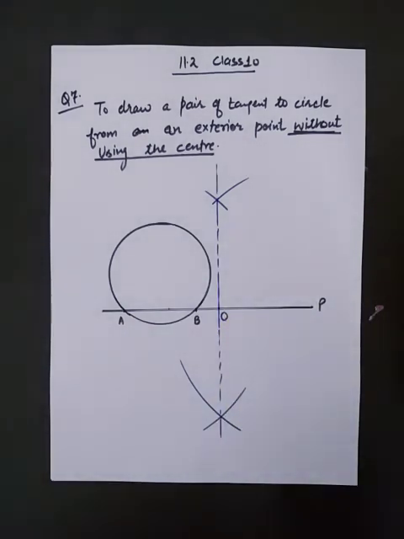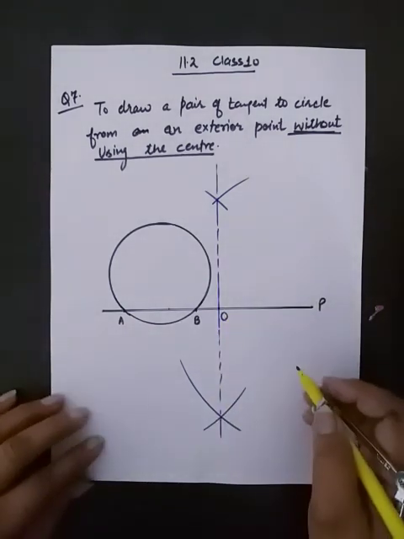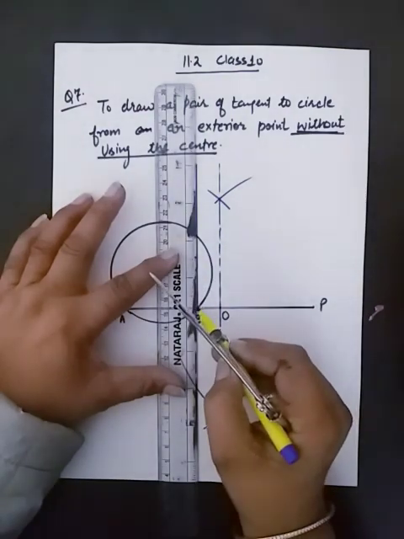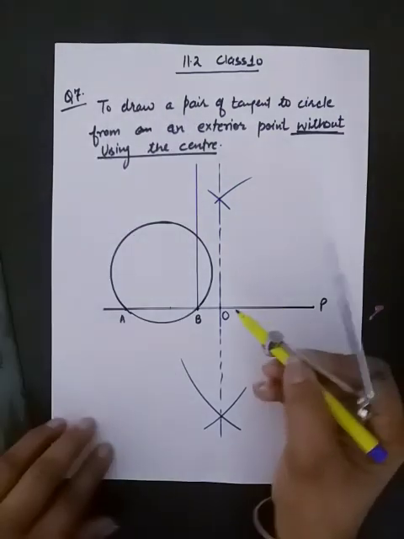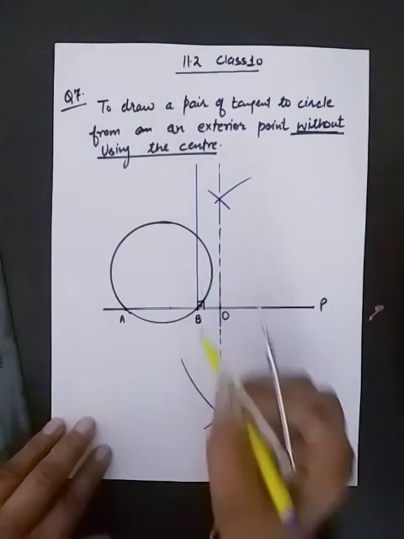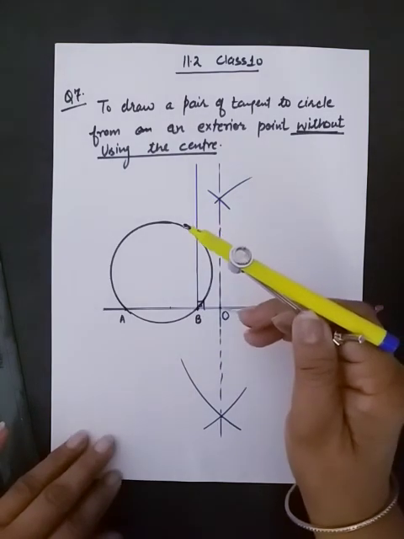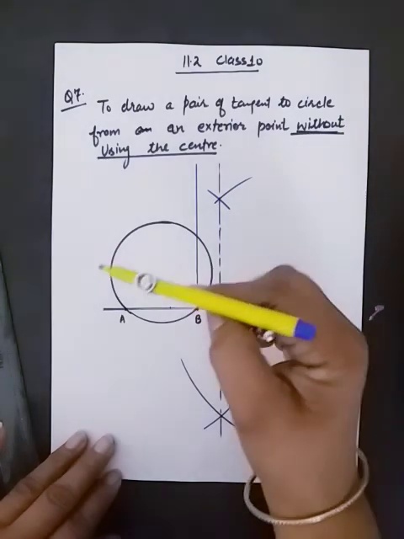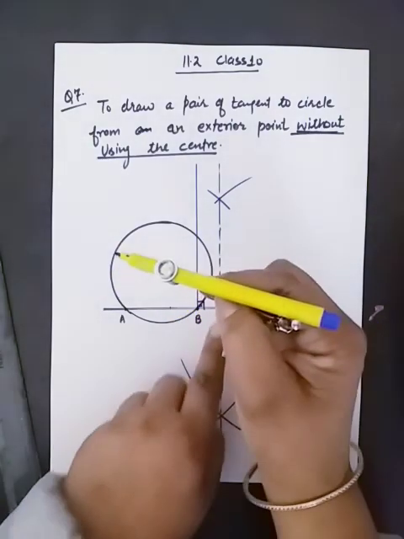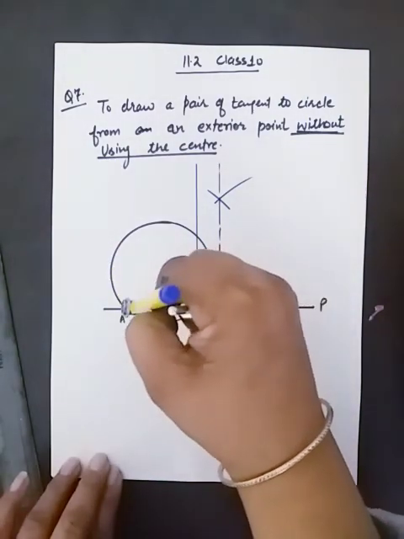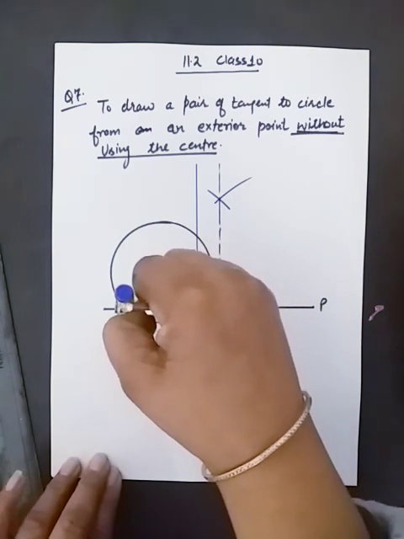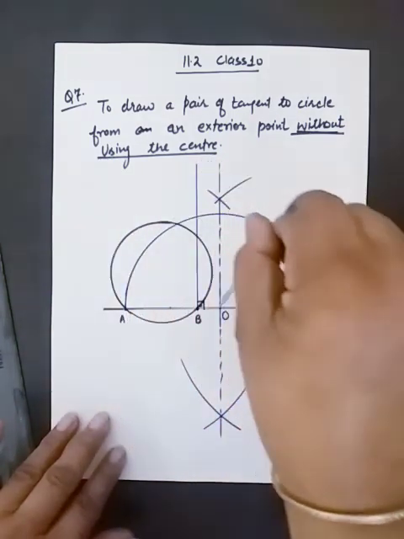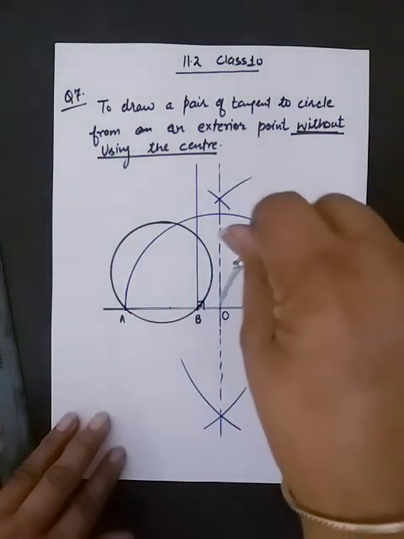Now we have to draw an angle of 90 degrees at B. Like this, you can take the help of a protractor to draw this angle. This angle is of 90 degrees. Now taking O as center, we have to draw a semicircle which passes through the points A and P. For this you have to take O as center and OA as radius, and draw a semicircle. It will pass through point A and point P.